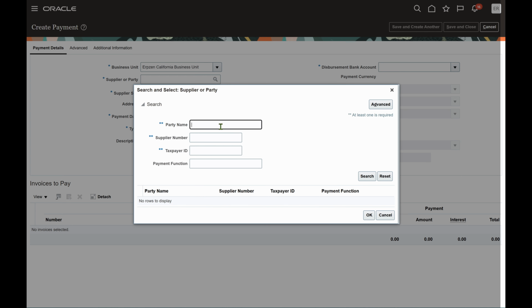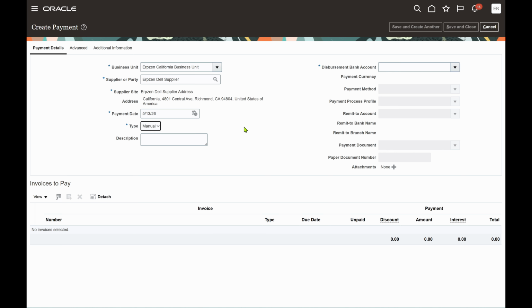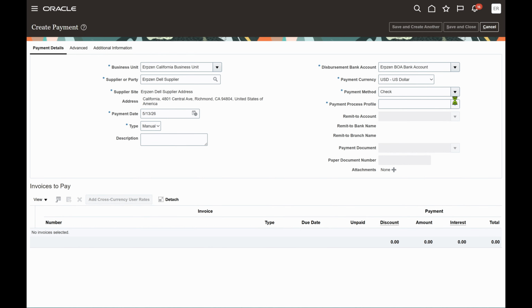Based on the supplier, automatically system will populate supplier site, and I want to process the payment today. Now here type select manual so that system will not run any back-end jobs and it will not pick up for integration. Now select your disbursement bank account, select your payment process profile,